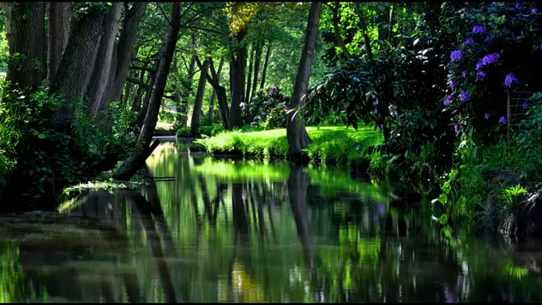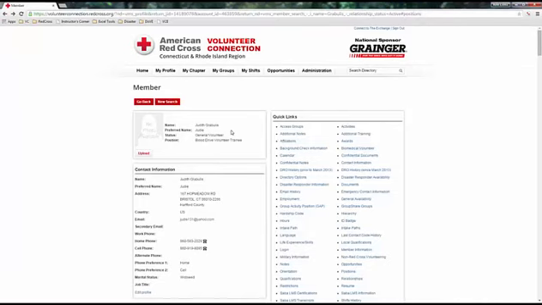So let's look at a profile right now of a volunteer who's almost there. If we look at this Judy person here, Judy is scheduled, her position is blood drive volunteer trainee. Now we know from previous discussions that the position of blood drive volunteer trainee is not the same thing as a donor ambassador. And donor ambassadors are the people who go out on blood drives. So what we need to do is change her position from being blood drive volunteer trainee to